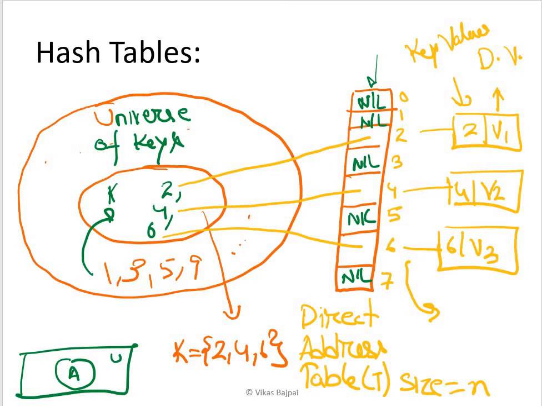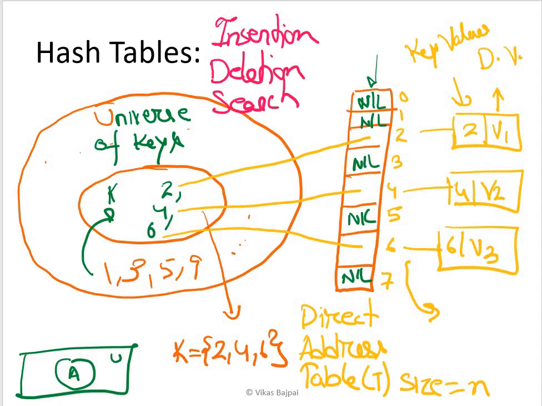Now, in this particular thing, I have insertion, deletion, and even search. All these operations, likewise your insertion and deletion and your search, right? All these things will take order 1. That means in this case I can directly go to the key through the address and access the value. So from key to this and that.